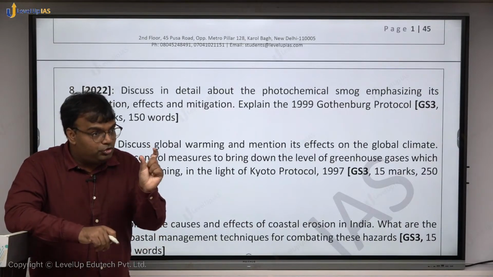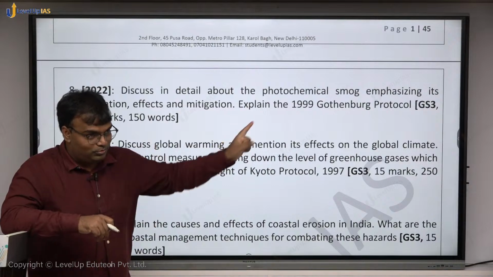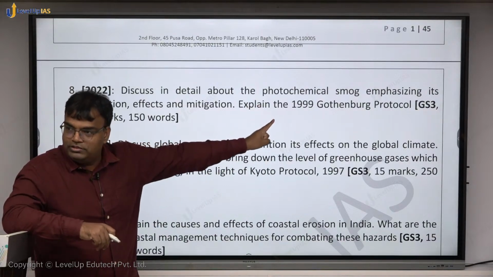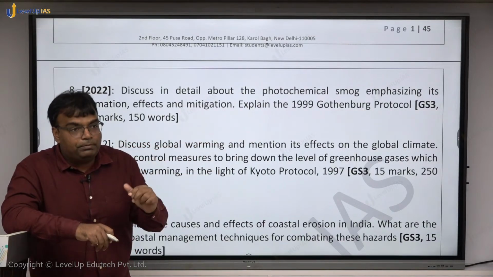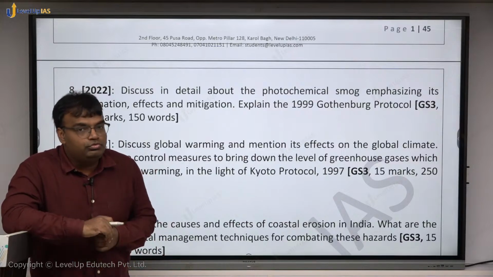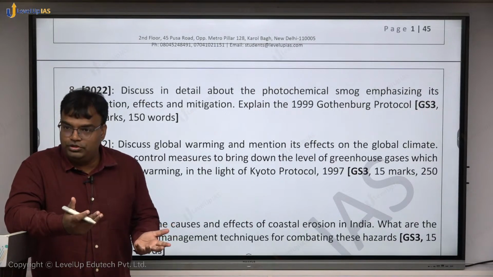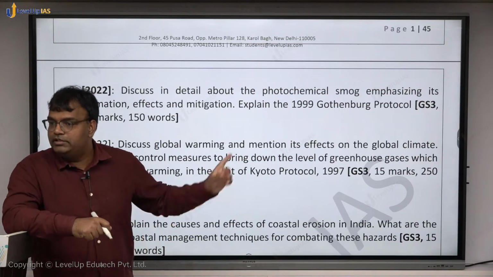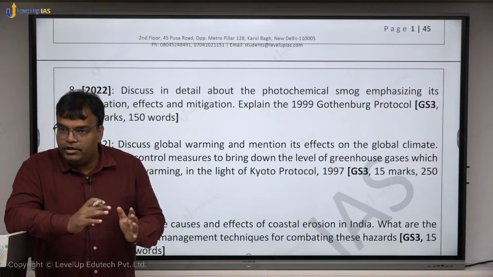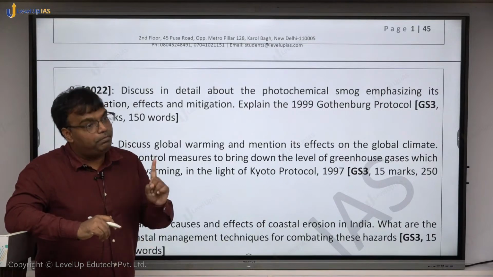But they may ask you about individual pollutants also. Photochemical smog is one of the pollutants, right? So we should be prepared with this kind of questions too. Fly ash, nitrogen pollution, sulfur dioxide pollution, ammonia pollution. Like photochemical smog, they may ask those kind of questions also, but that's not